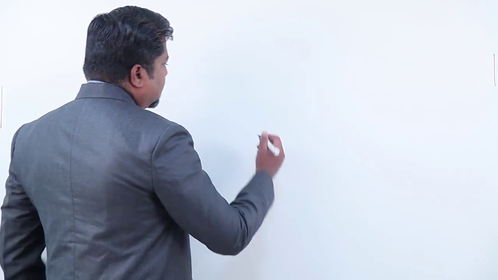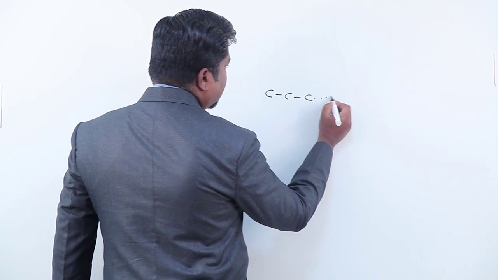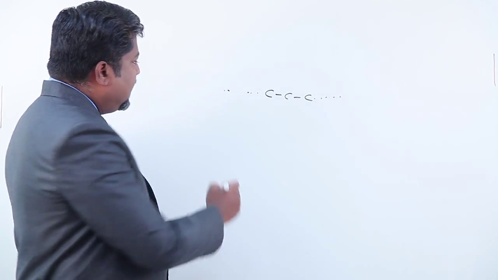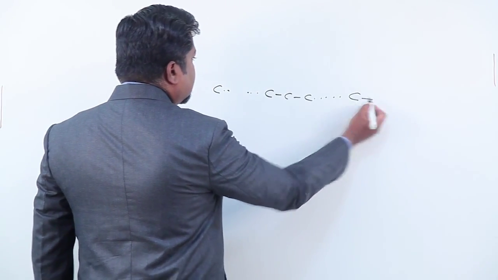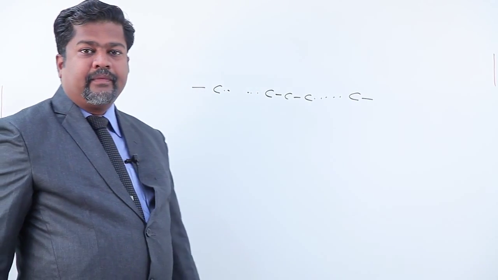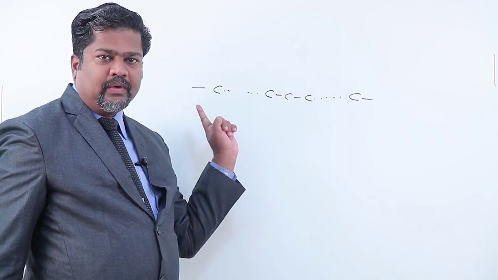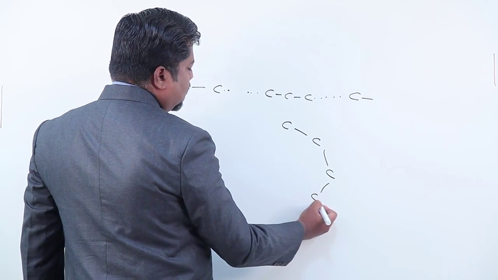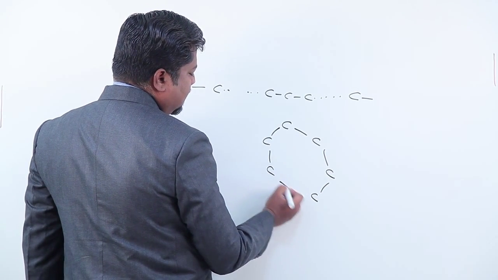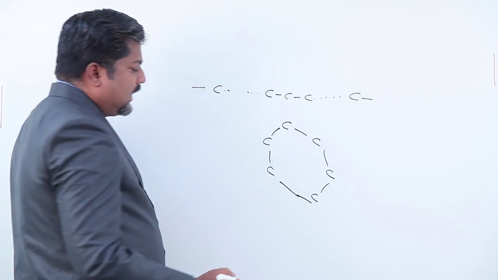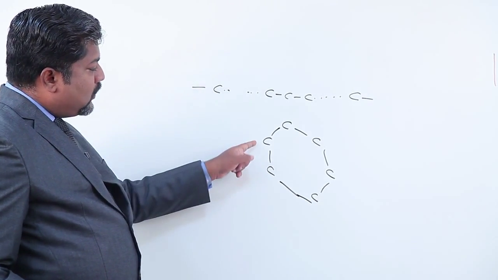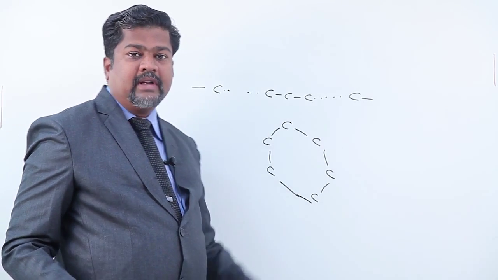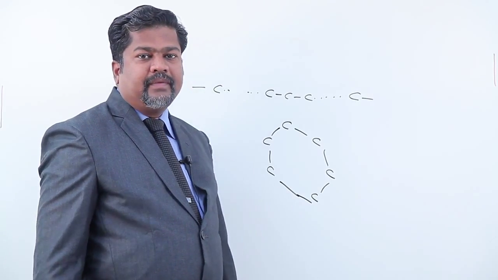Let us check. See, this is carbon, this is carbon, this is carbon, like that. N number of carbon atoms are there. But this end of the chain and this end of the chain, they are free. Then we are calling that an open chain compound. Whereas sometimes it may be that this is carbon, this is carbon, and like that, carbon can form this type of closed compound, where we should not say there is a start of chain and an end of chain. So these compounds we are calling closed chain compounds, or they are called cyclic compounds.